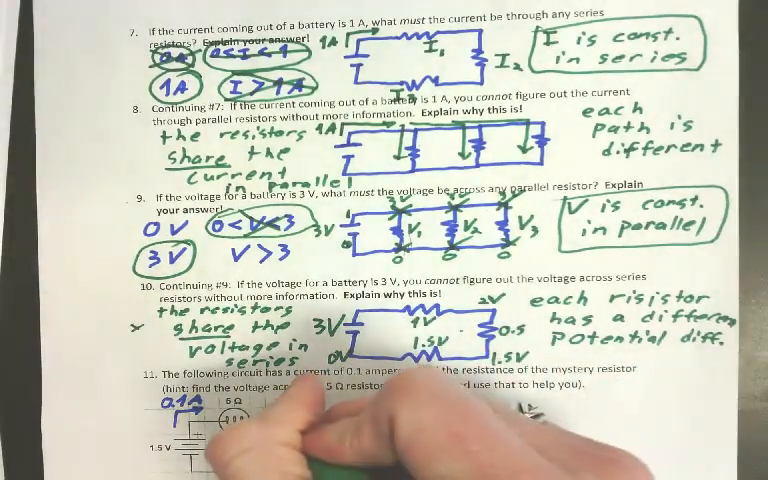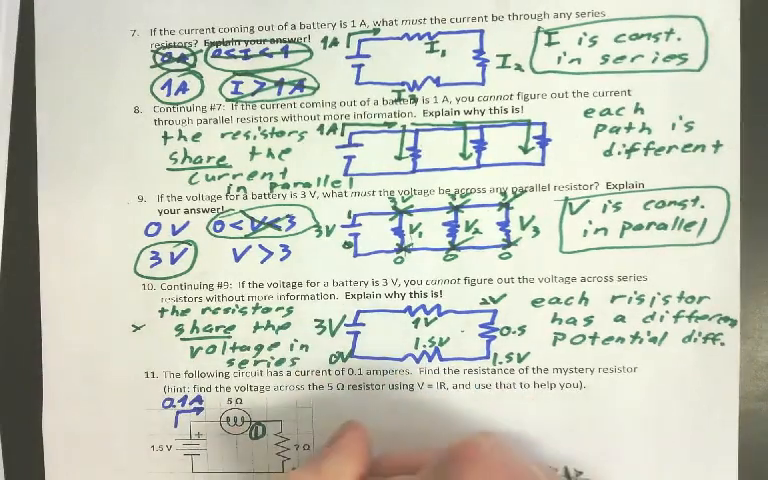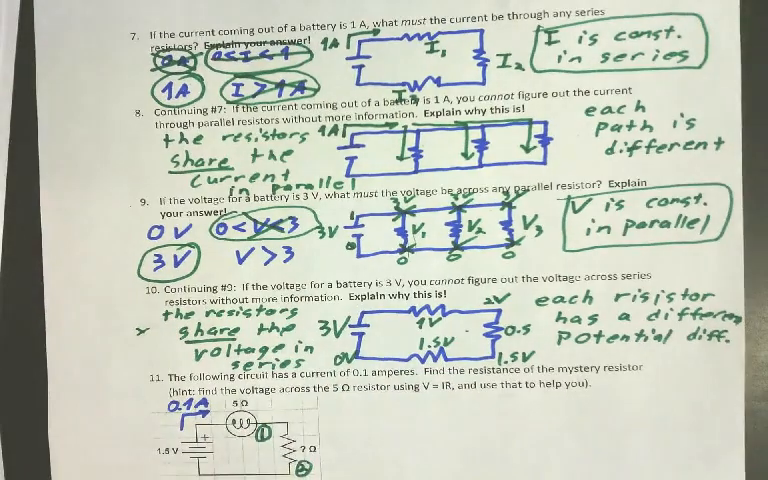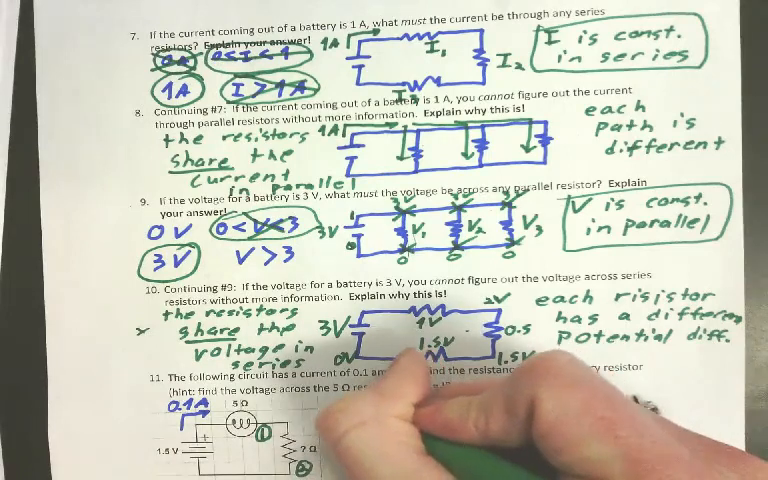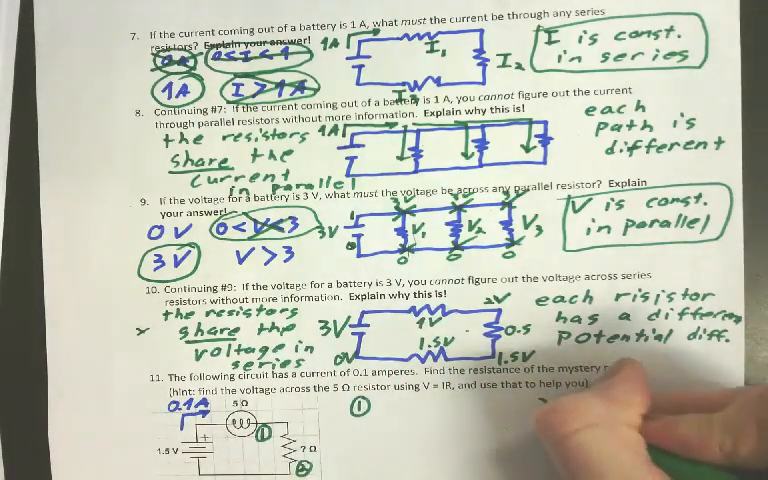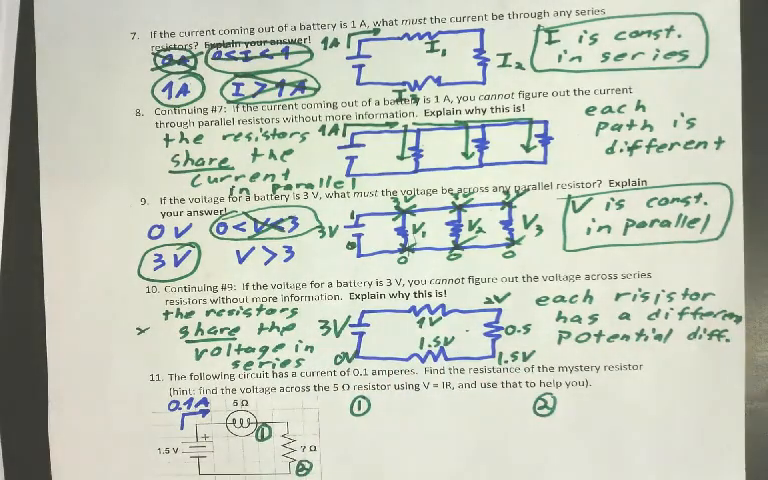I'm going to call this one 1. I'm going to call the mystery one 2. So here are my known values for 1. Here are my known values for 2. The only values that are possible are V,